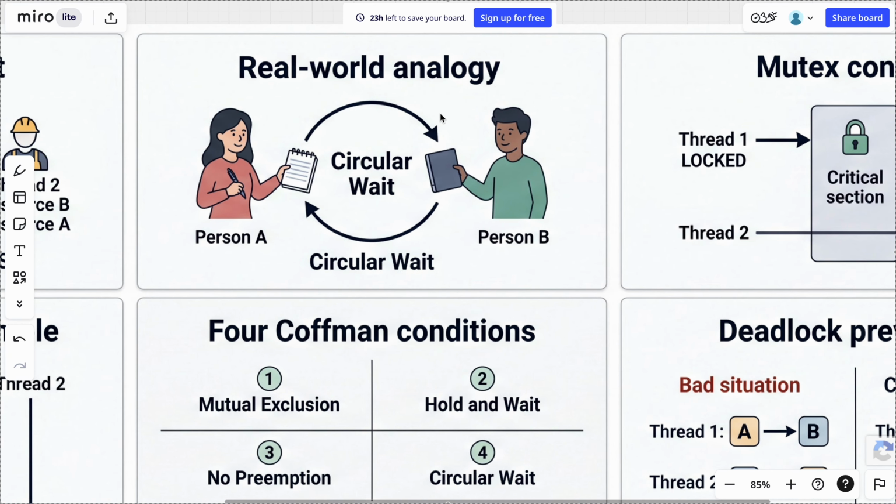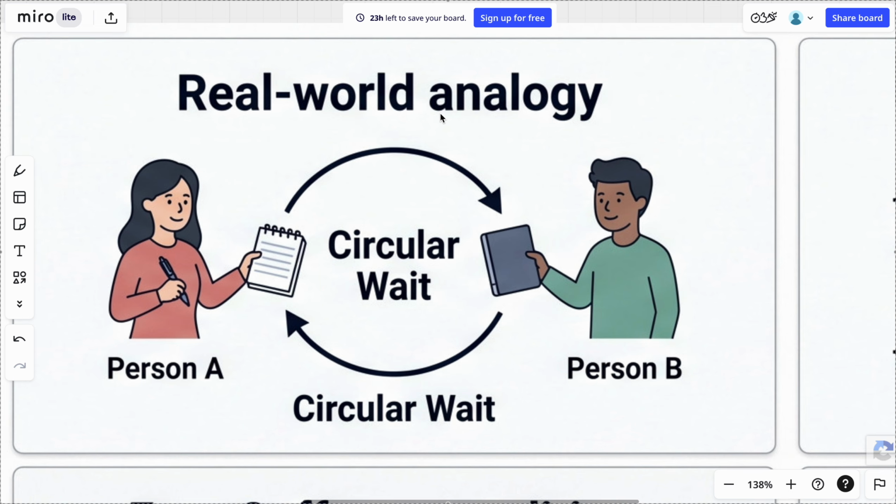deadlock in this video. So for example, let's forget about computers. There are two persons, person A and person B. Person A has a pen and person B has a notebook. Now person A having a pen is asking for the notebook, and person B having a notebook is asking for the pen, and it's not releasing its own notebook and pen. It's not releasing its own resources, and hence there is an infinite waiting time,